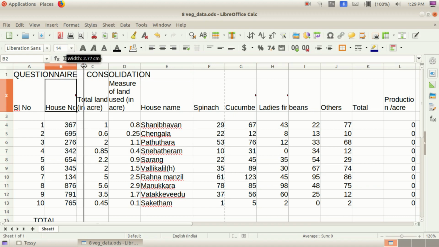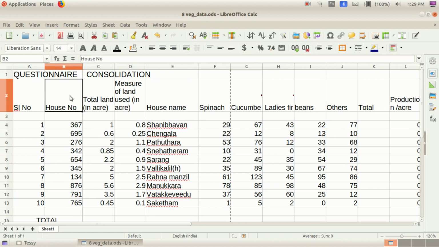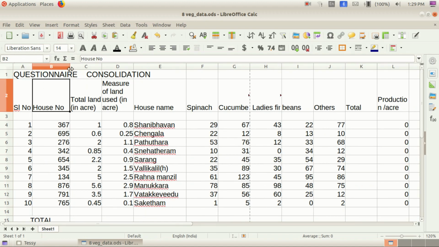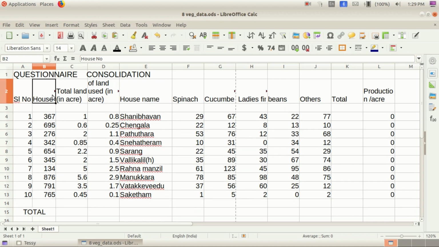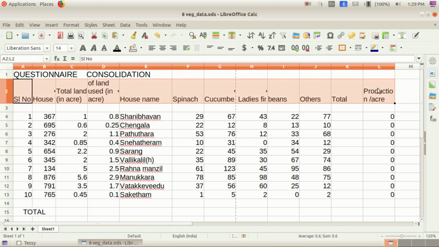You can increase the width here, then you can see here. But we don't want more width also. We can reduce the width of the columns this way, you know. Now house number you can't see. For that purpose, what we need to do children, you want to select the complete row or otherwise select the headings. After that what we need